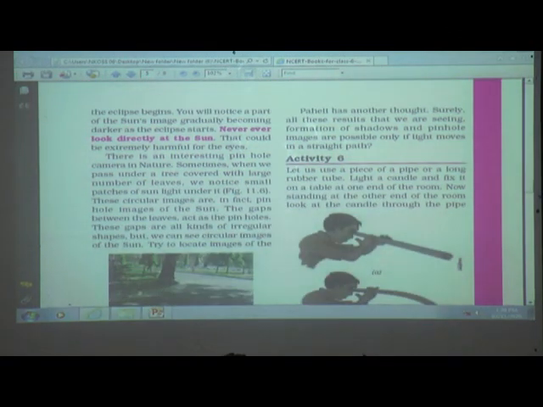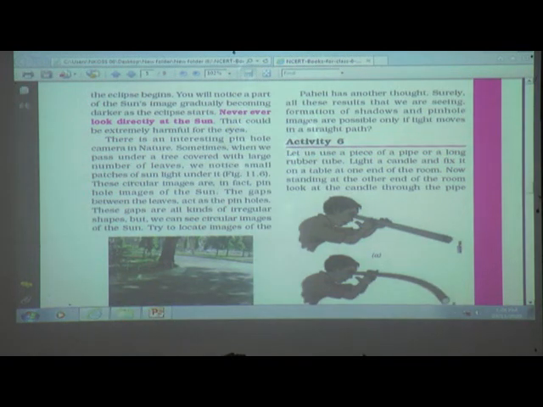Okay, so there is an interesting pinhole camera in nature also. Which one, students? Here, sometimes when we pass under a tree covered with a large number of leaves, we notice small patches of sunlight under it, isn't it? See here. These circular images are in fact pinhole images of the sun.